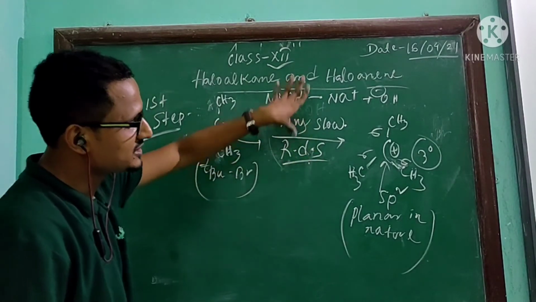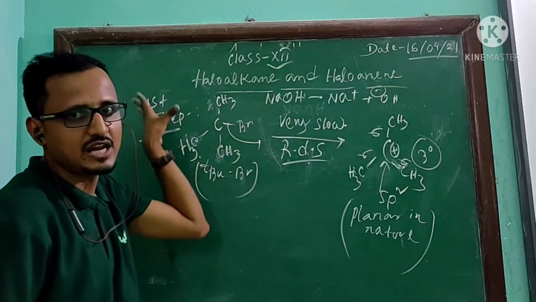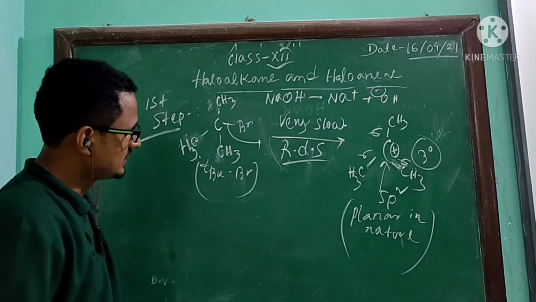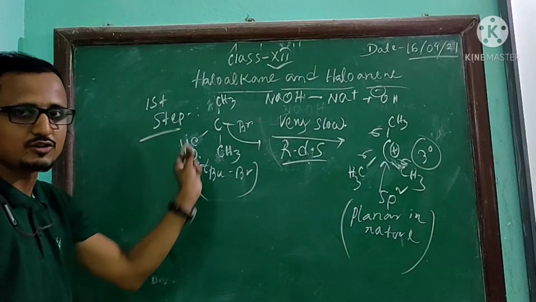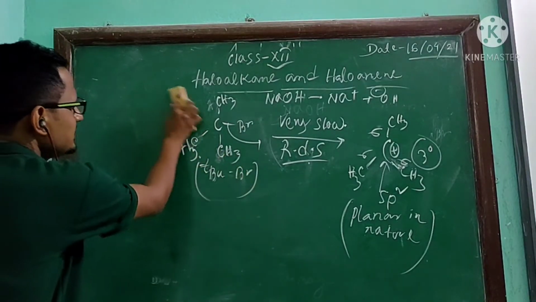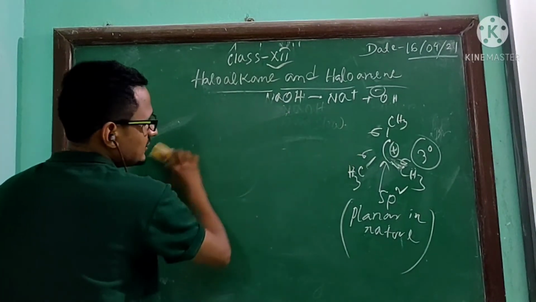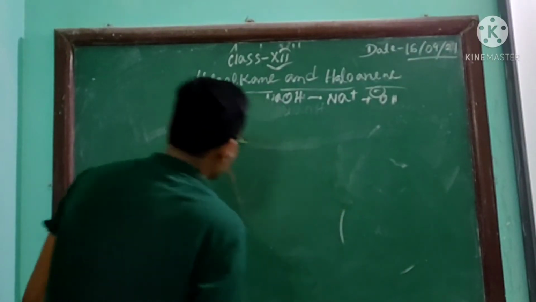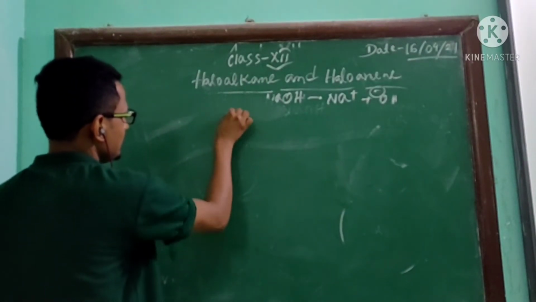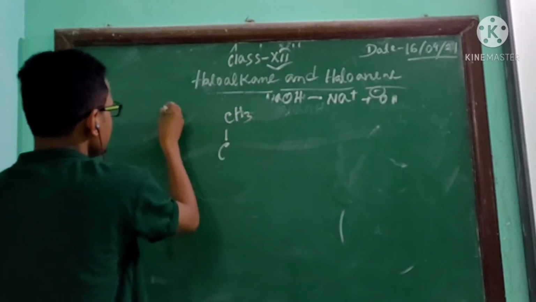Why is it very slow? Because it is forming the carbocation. It is the driving force of the reaction. Okay. Now the second step, I think we have all understood. You can copy this one. Now in the second step, what will happen? After dissociation of NaOH, in the second step,